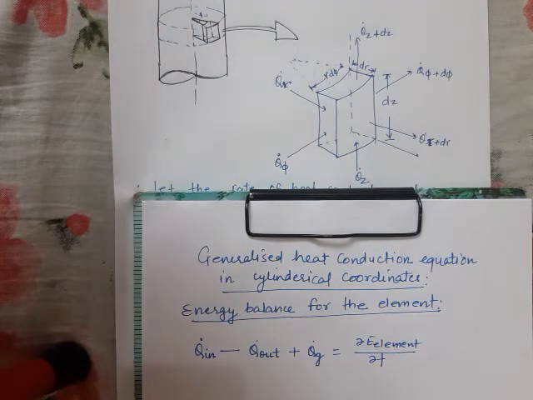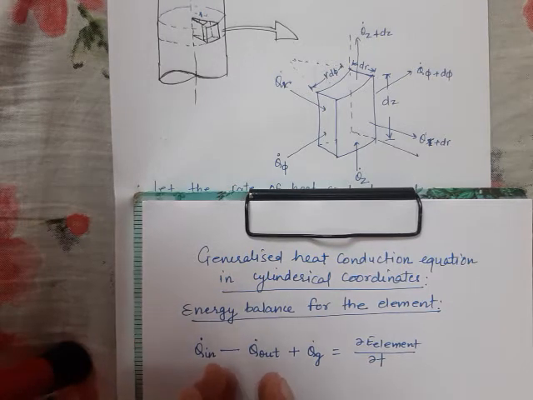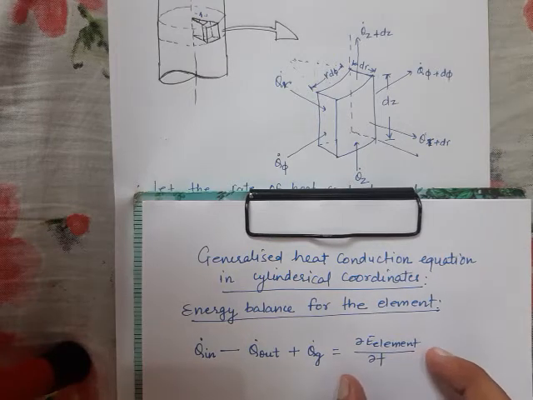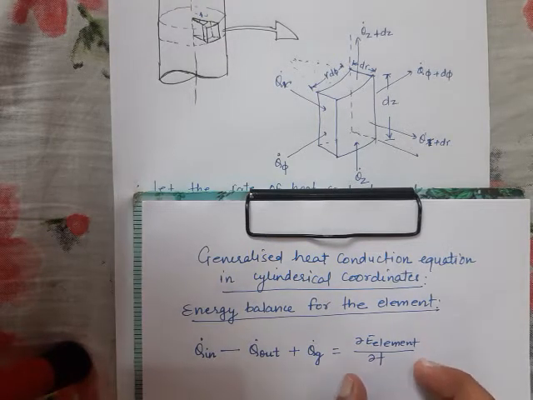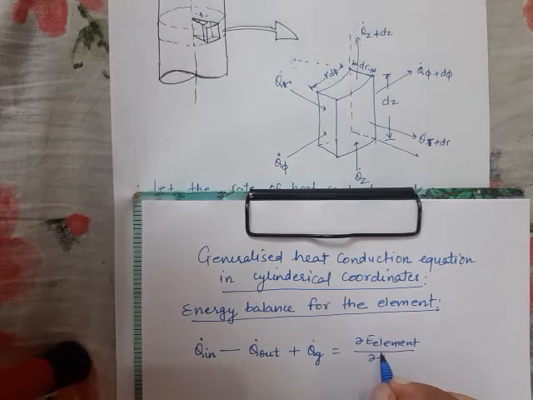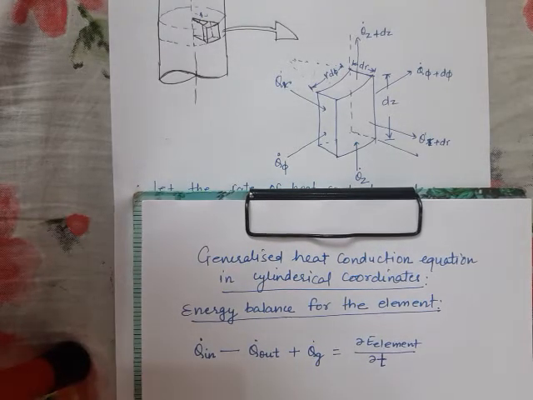If you see the last lecture, you will be able to understand this equation. Whatever energy is coming in minus the energy going out plus the rate with which heat is generated within the element, the algebraic sum of these three quantities must equal the rate of change of energy content of the element. Please note, this small t stands for time. So the energy balance equation can be written like this. Now let me note what is Q in.